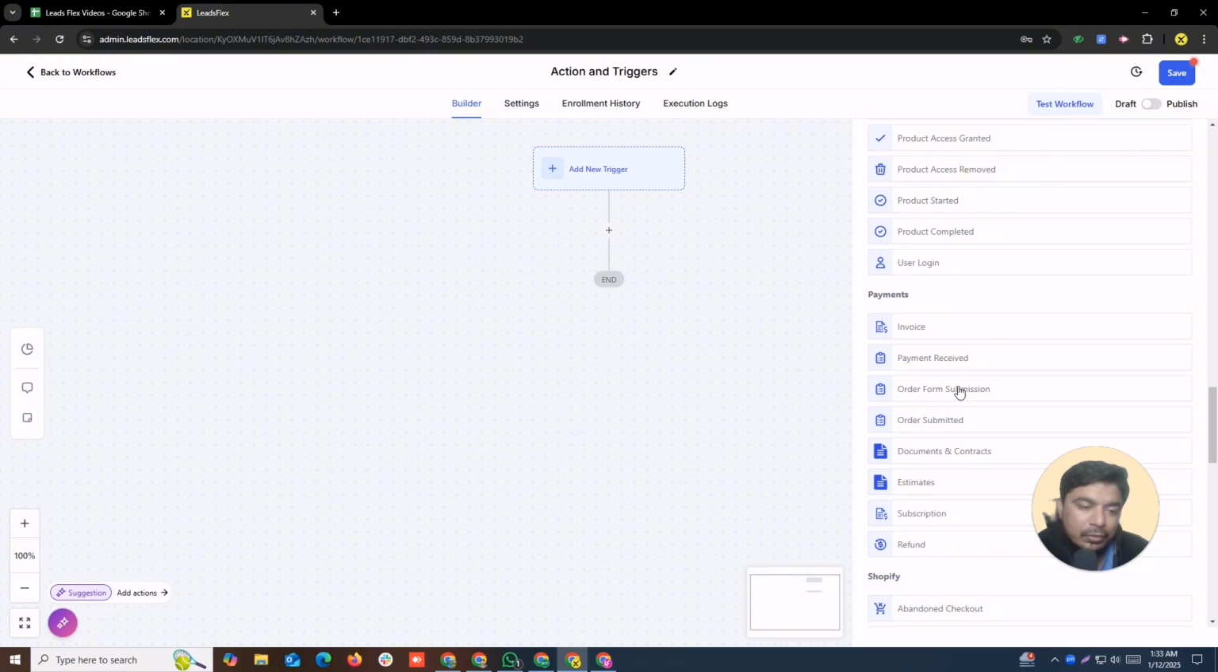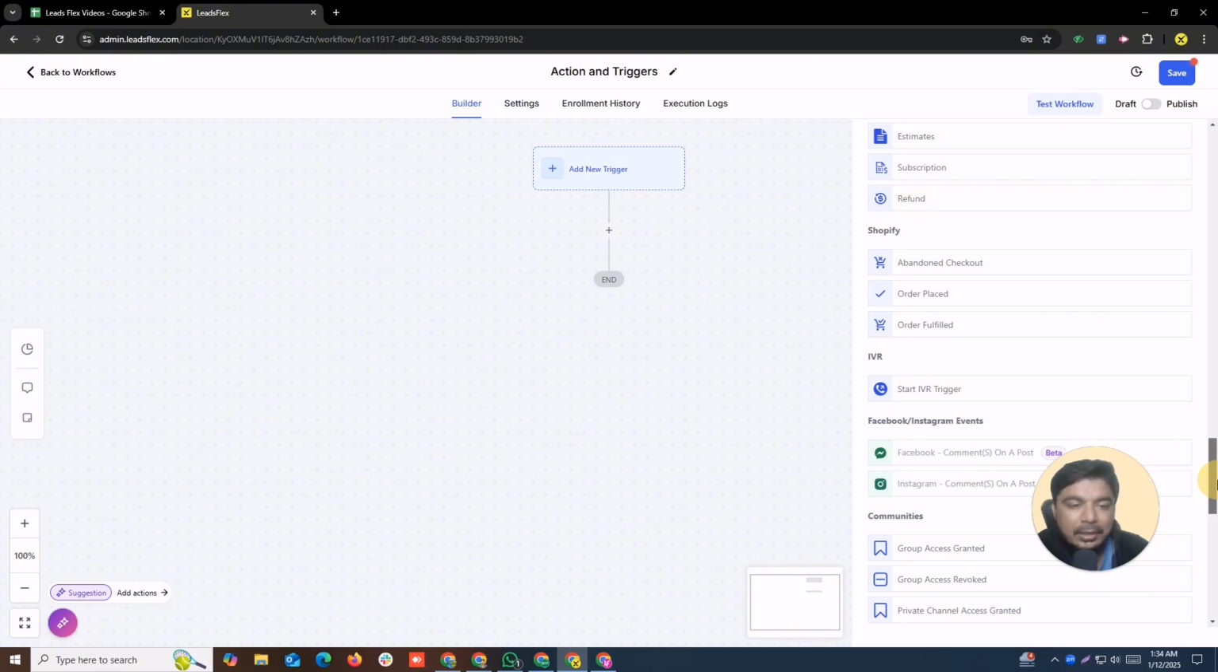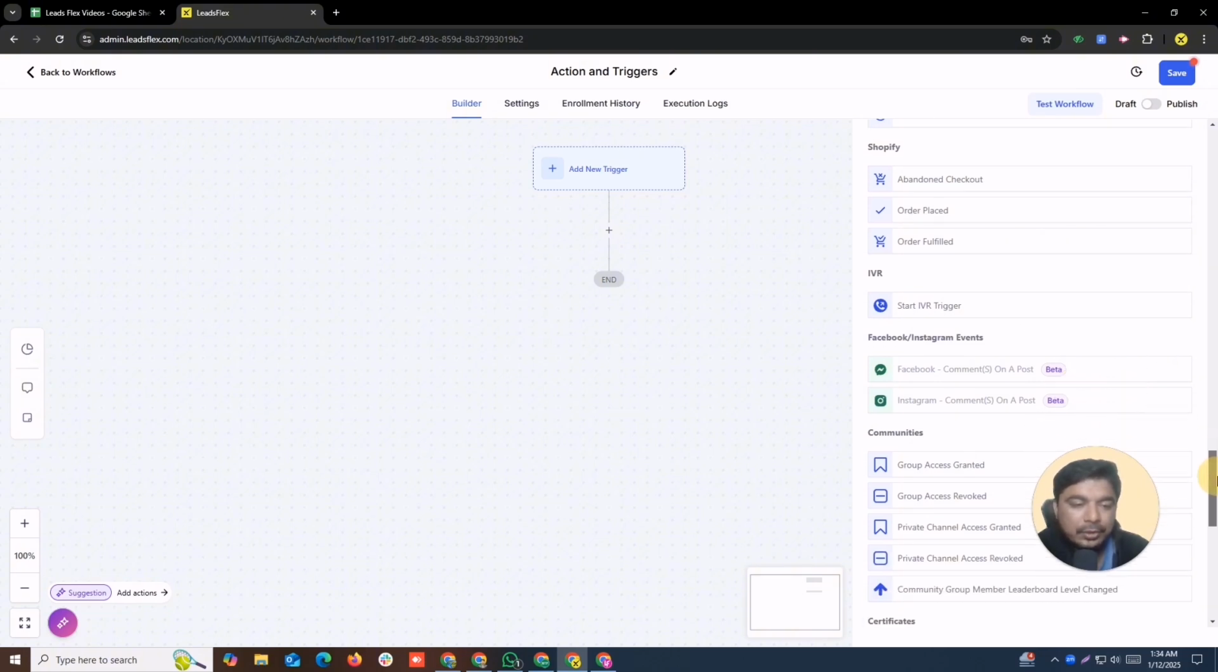And here order form submitted, order form submissions, document and contract submitted, estimates submitted, subscriptions and refunds. You can use all these triggers for payment purposes. And here we have some Shopify triggers, for example, abandoned checkout, order placed, order fulfilled, and start IVR. If you are using IVR, then that's the best one you can use for your different events and different call